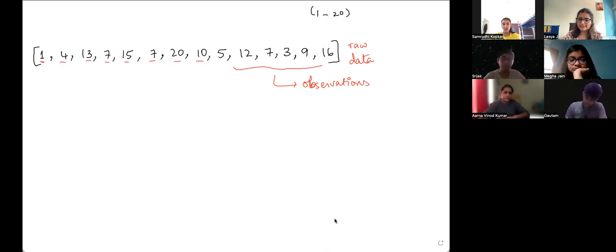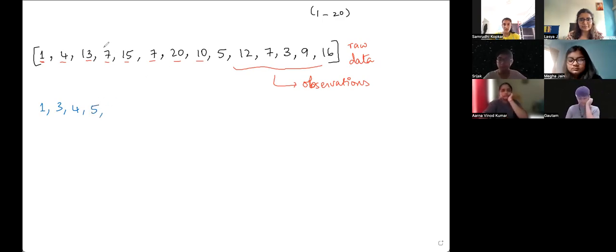So let's organize it. I can arrange it in ascending order, in which case I can just put 1, iske baad 3, and then we have 4, and then we have 5, uske baad 7 has come multiple times. We have 1, 2, 3 times. So 7, 7, 7. 1 हो गया, 4 हो गया, 5 is done, 3 is done. 7 के बाद क्या आया? 9. हाँ, then